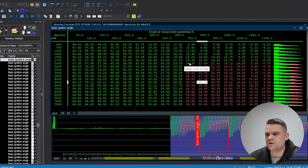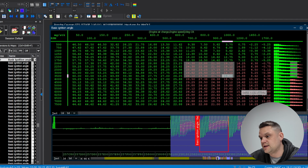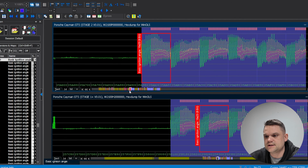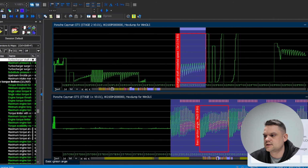We don't need any more ignition. We may even look at just pulling a little bit of ignition back around this area here, before we introduce any more boost in that area, or we keep the boost very similar here around that area and fill that gap with timing, and then start to introduce more boost at the top. I'll make that decision when I look at it in a bit more detail, but the first thing that I'm going to do is look at